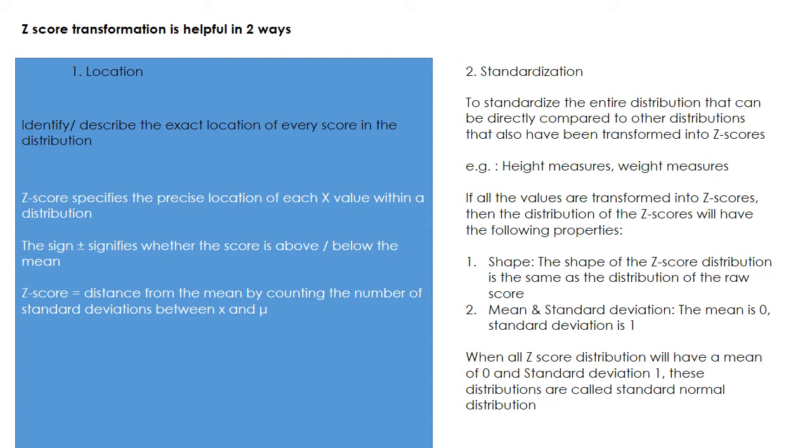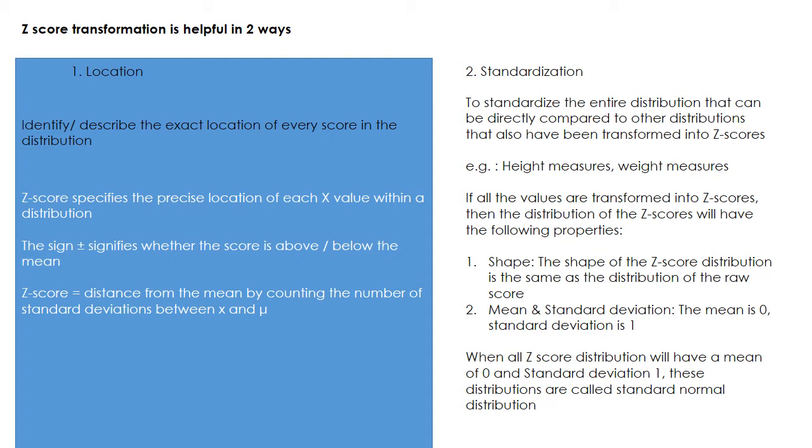So same thing here, the z-score is just a transformation. Just like transforming your raw scores into z-scores. So your raw score could be like centimeters, your z-score is like meters. So you're just converting it. In mathematics, when you're converting, you have a formula. So here, when you are converting your data, your raw scores into a z-score, you need a formula as well. Okay, so firstly, the shape will be like a bell curve.